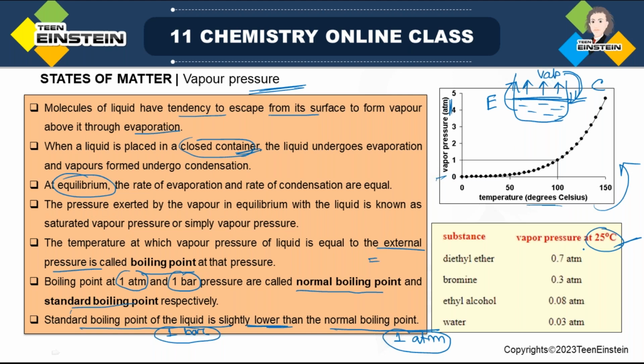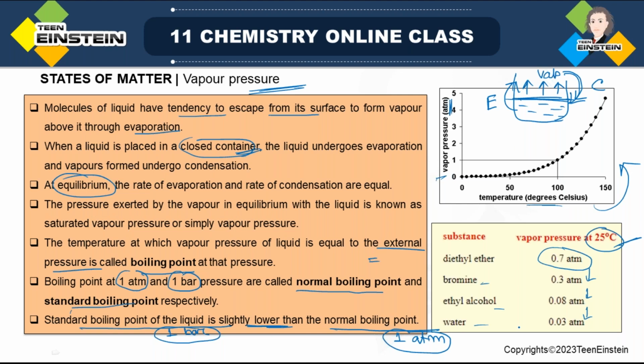So here it is at 25 degrees centigrade, and look at this: ethyl ether, then we have bromine, ethyl alcohol, water. So in which case are you seeing the maximum vapor pressure? You are seeing it in this case. Then gradually it is becoming less and less. So among these 4 substances, you can see the values of vapor pressure, and you can easily correlate it